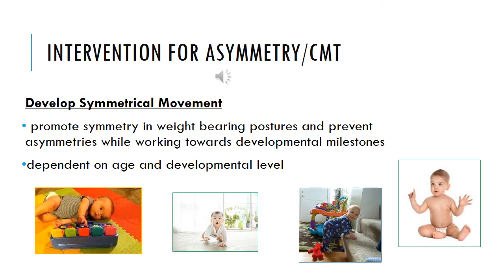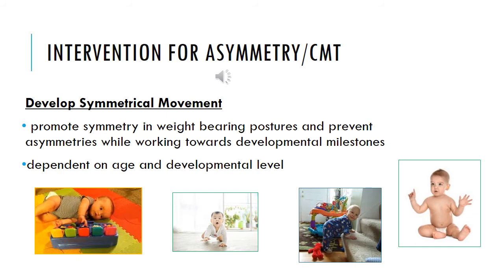So you might choose to encourage midline control in sidelying, or if we think about more active weight bearing positions, having midline control in quadruped or in tall kneel or in sitting, and really just meeting that child where they are developmentally and continue to progress them along the developmental sequence, but in a way that is promoting symmetry and